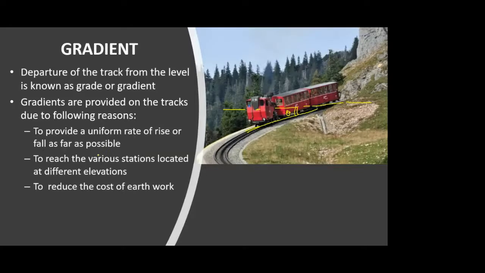Now, why rise or fall will come into the picture: obviously we are laying the railway on the land surface, so we can't guarantee that all the places connected by our railway will have the same elevation or be at the same altitude. Suppose there are two stations to be connected, A and B. Mostly it is seen that A has, suppose, an elevation of 100 meter. It is very rarely seen that two stations nearby each other have the same elevation. There is at least some difference.